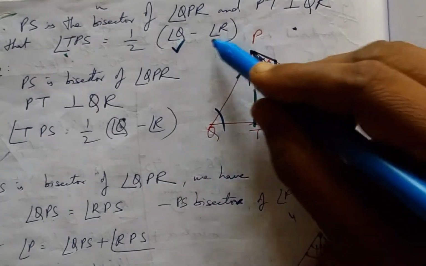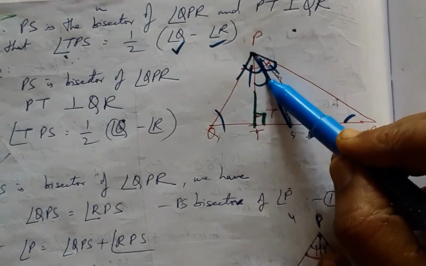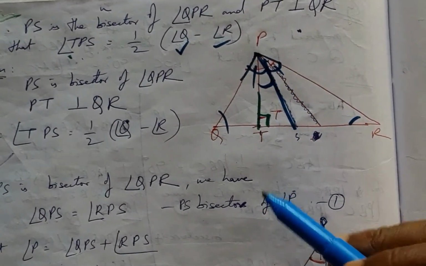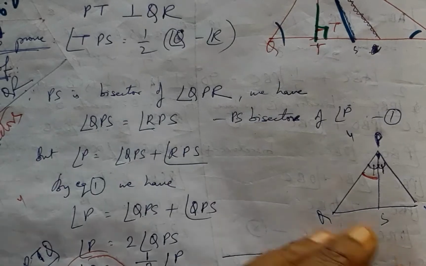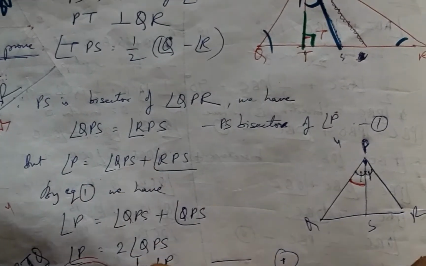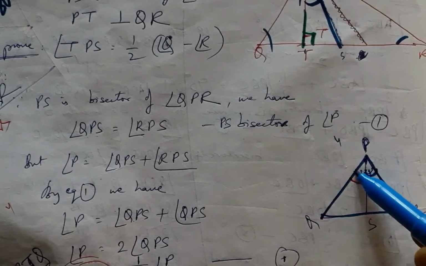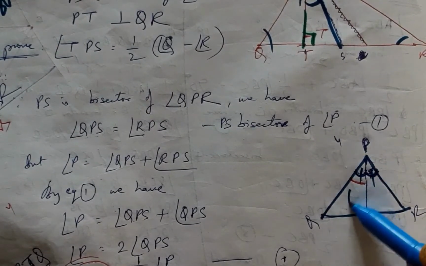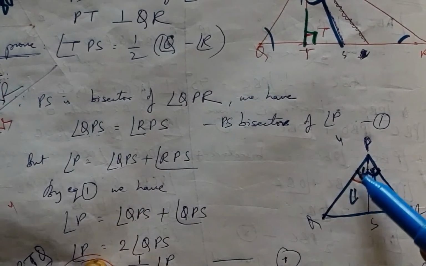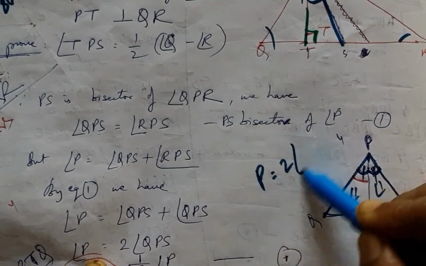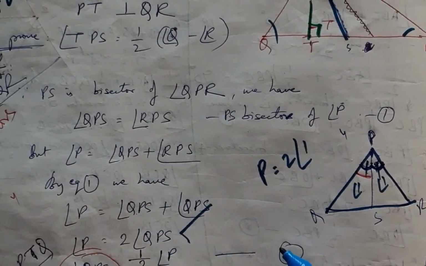Angle Q, angle R and angle TPS. This is the angle we are talking about. These are the 3 points that need to be taken care of while arriving at the proof. Now I need the bigger triangle PQR, which is the big triangle with its bisectors, this and this. These are bisectors. This angle is this angle. If this is 1, this is 1. So 2 1s will be angle P. Angle P is equal to 2 1s. That is what I have arrived at here using the bisectors.